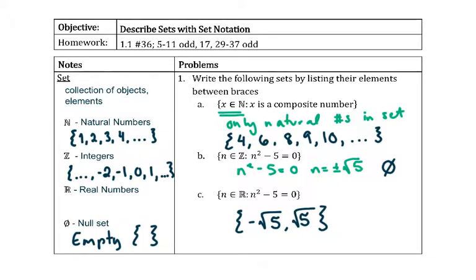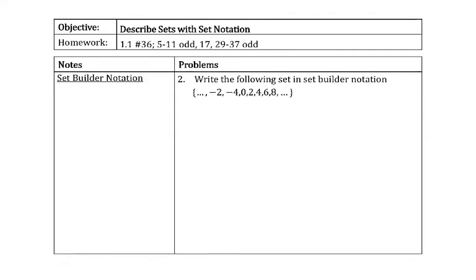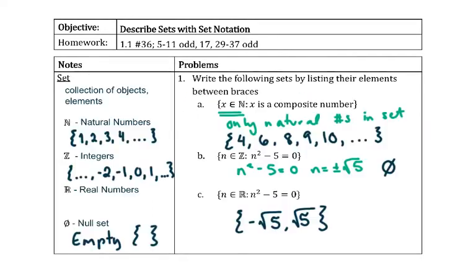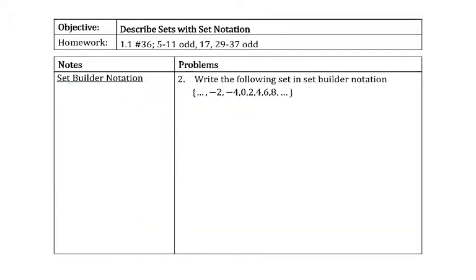So speaking of interpreting it here, you're also going to be asked to say, okay, here's a set written out. Please put it into a format that's more organized like this. And this is called set builder notation. And it's what we've been seeing up until now in number 1. And it's basically a way to write large or infinite sets. So when you're translating between a long infinite list, we can see it's infinite with the 2 dot dot dots,